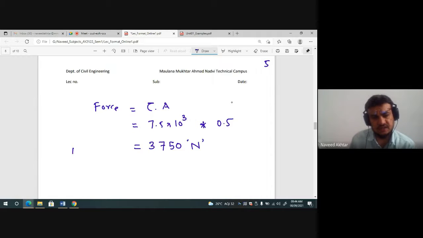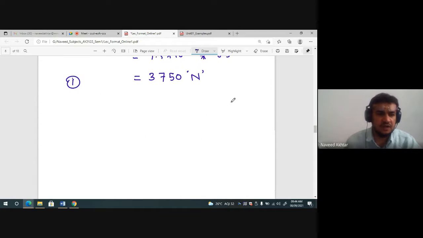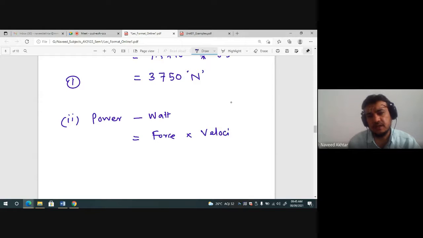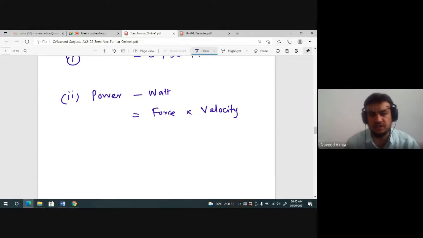So this is our first solution. In the second solution, we have to find out the power. And power we are generally measuring in watt. So power is nothing but force into velocity. Power is nothing but force into velocity. Because